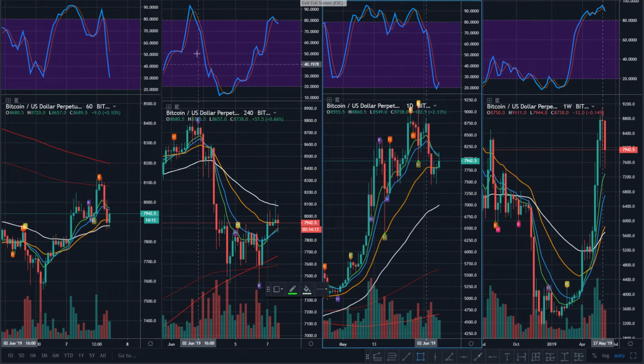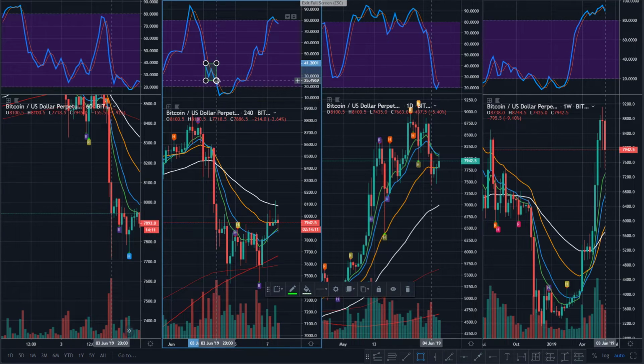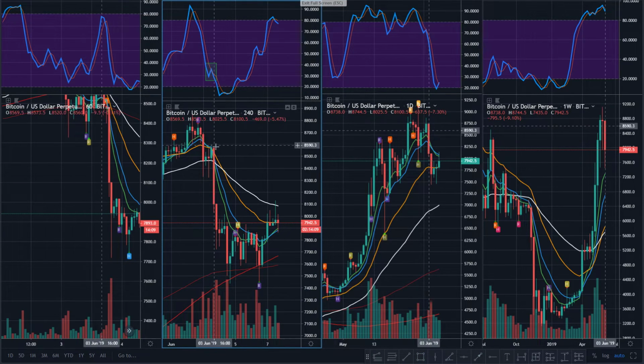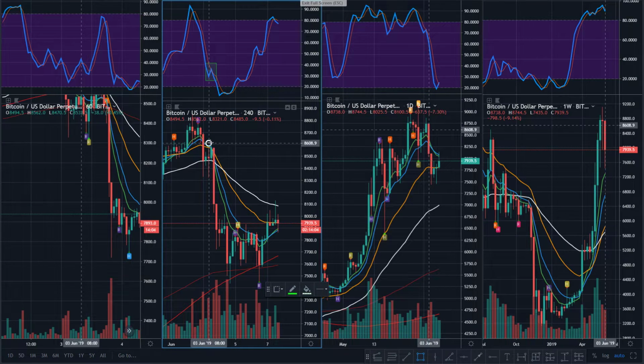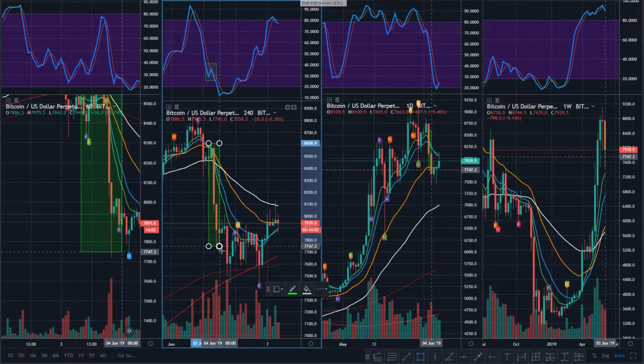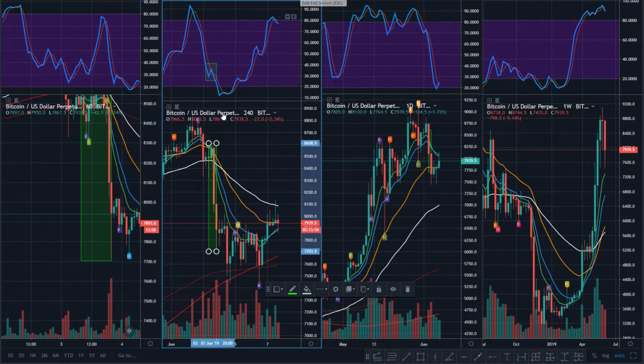Well, very simple. Let's just look at this area, just for proof in the pudding, right? We can just highlight that area. And what happens? You get a giant dump, right? It doesn't mean it's always going to happen that way. Of course not. But the point is, it's more bearish than just simply going straight down or having that reset occur up here. And the reason's pretty simple.